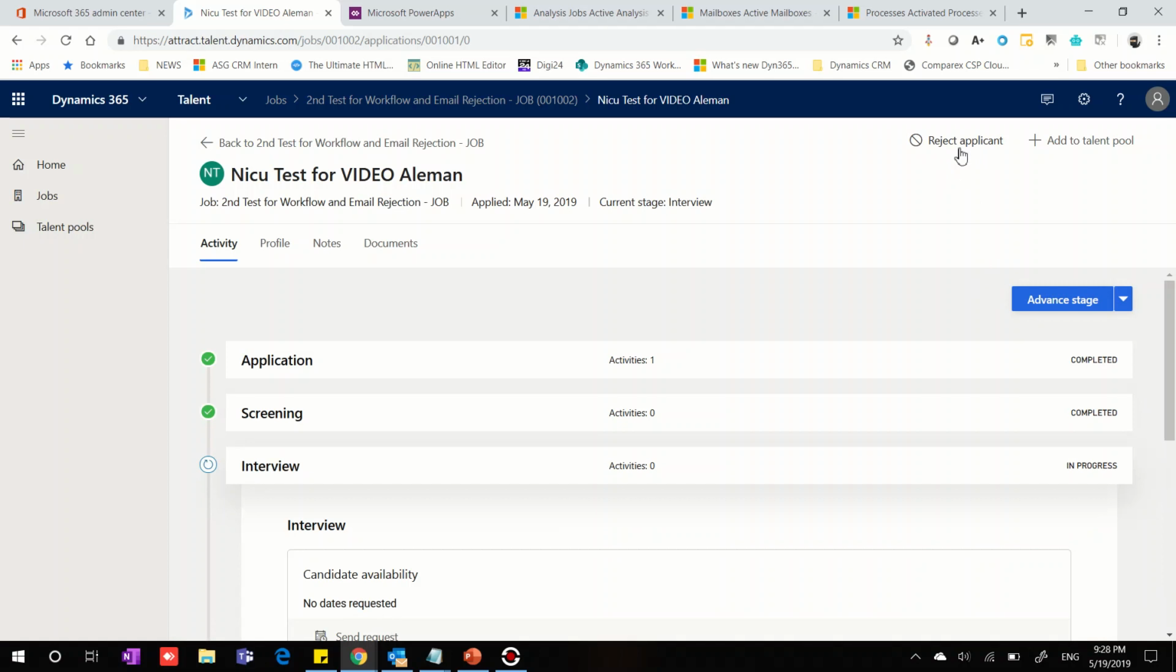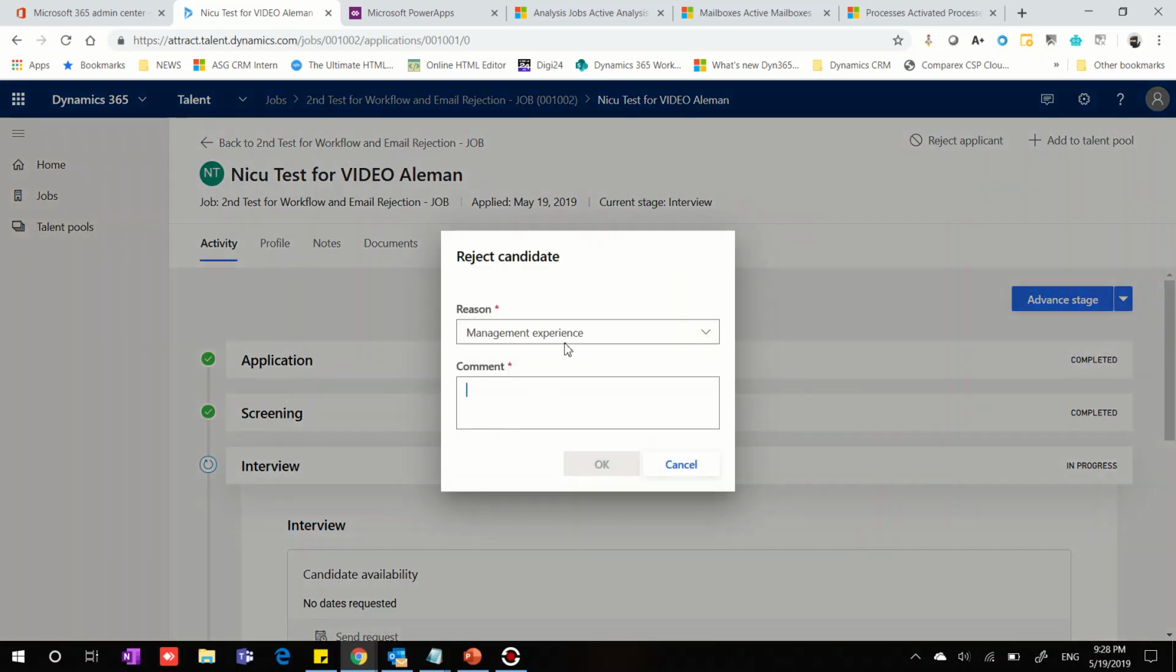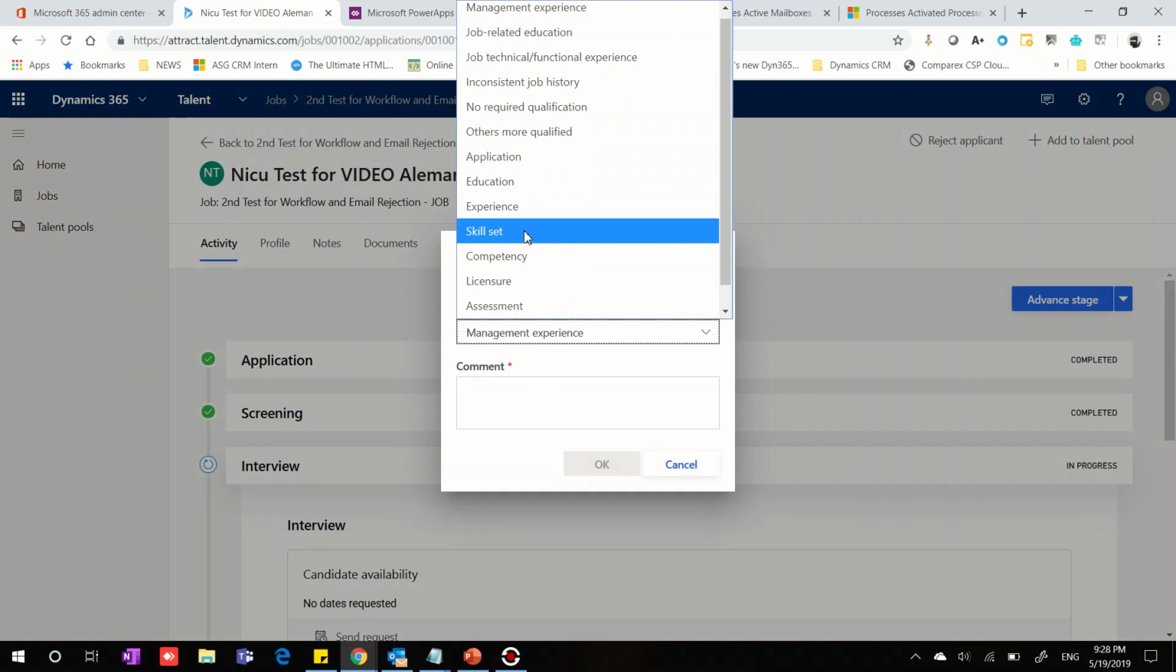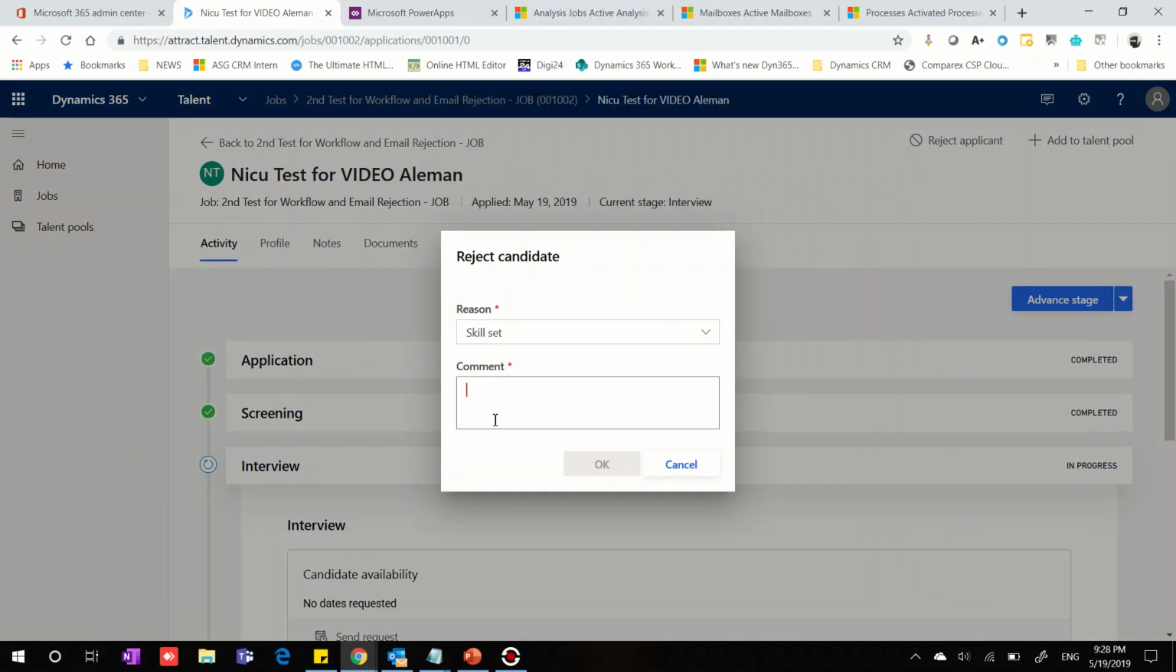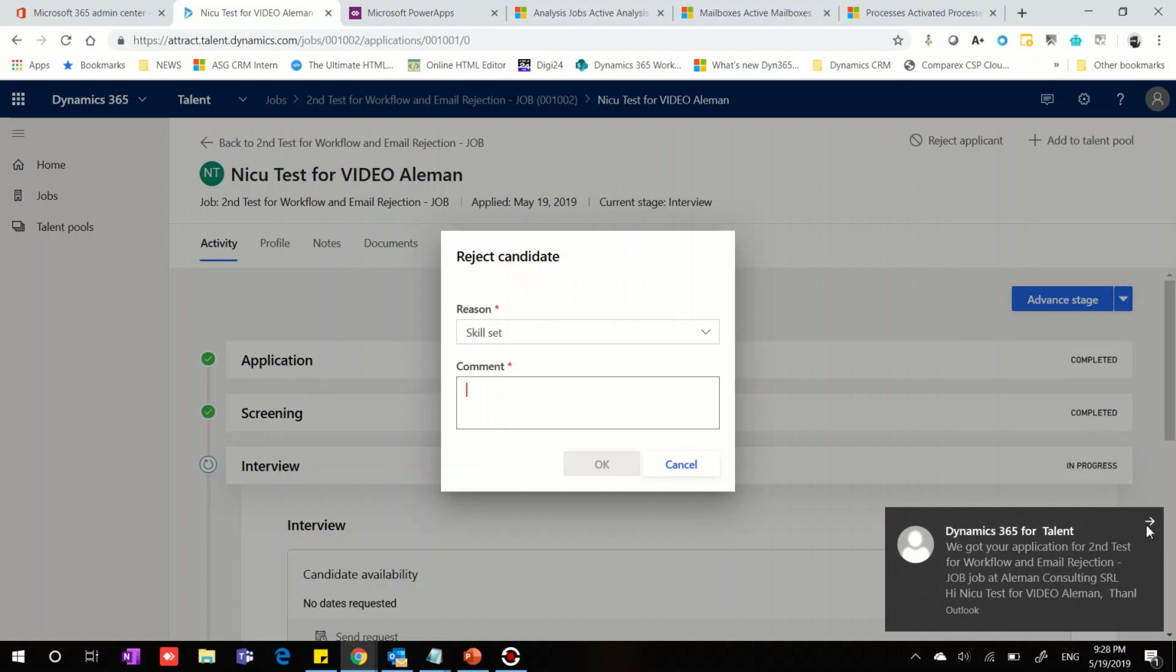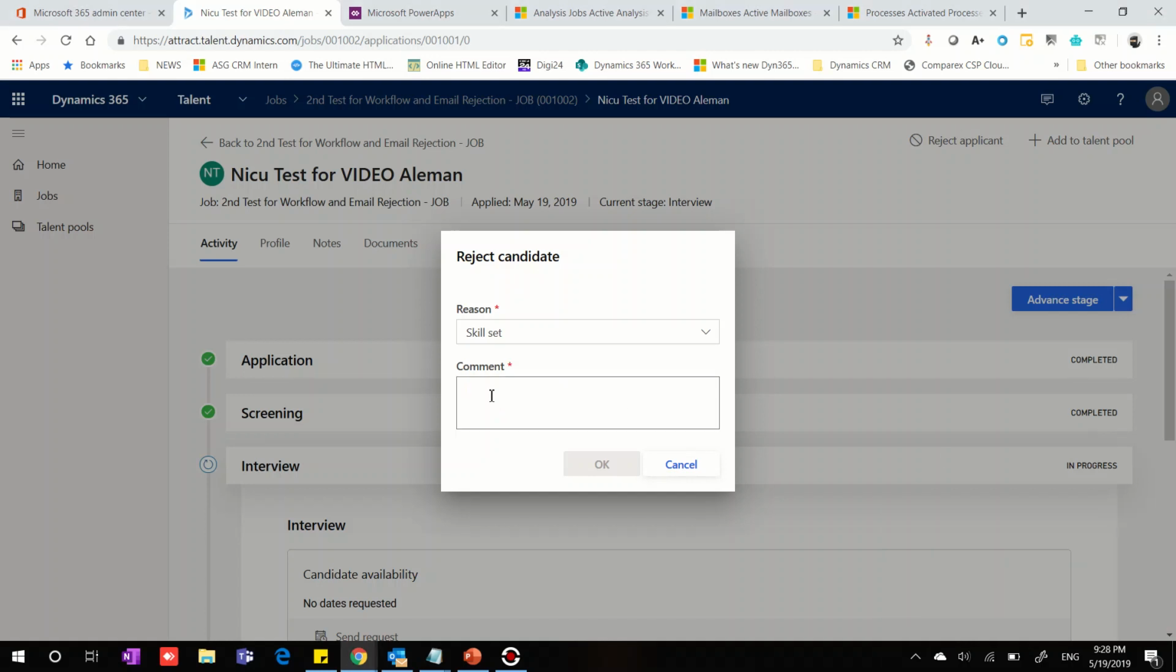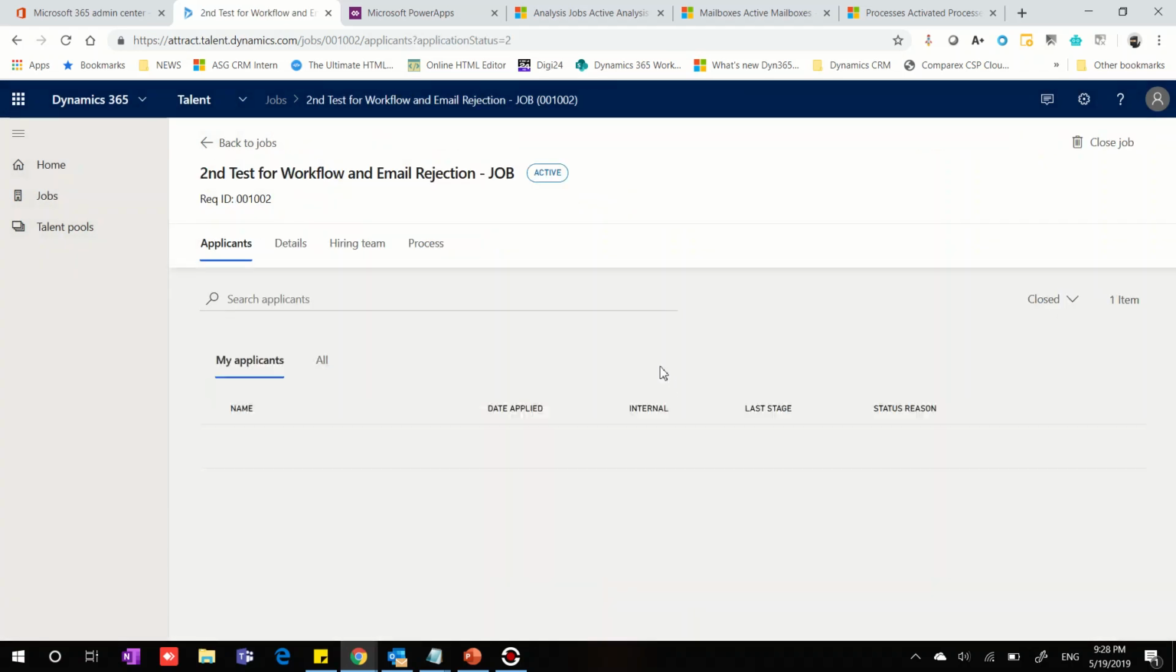So what I'm going to do, I'm going to reject this applicant. I will say this candidate doesn't have the skill set. I will have this comment in here which says this candidate does not have the skill set. Of course, this comment we can pick in the workflow and send it to the candidate, but right now this is for internal purpose only, and it will not give the candidate the reason for being rejected. I click OK, and now this candidate is rejected,